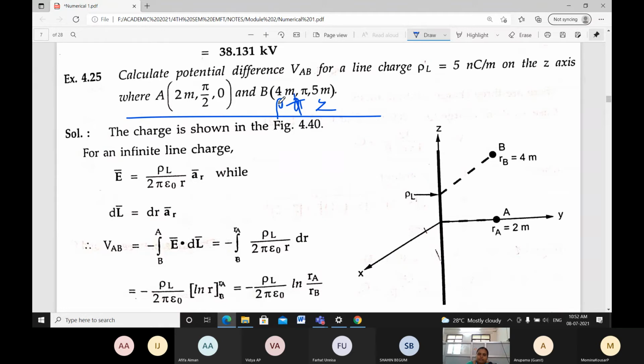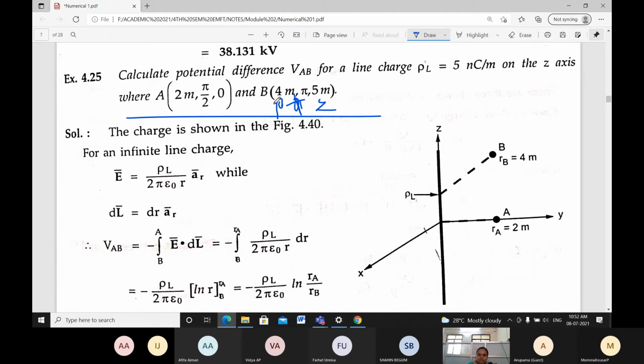It is of a circular Coulomb system. The charge is shown. Therefore, for an infinite line charge, where it is we don't know, the equation is going to be E equals rho L divided by 2 pi epsilon naught R into AR, where